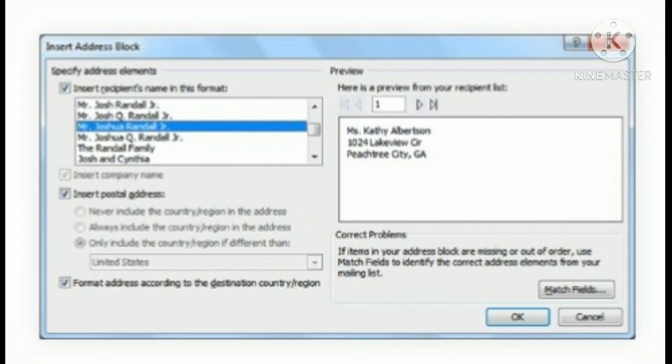For some letters you will only need to add an address block and greeting line. Sometimes, however, you may want to place recipient's data within the body of the letter to further personalize it.